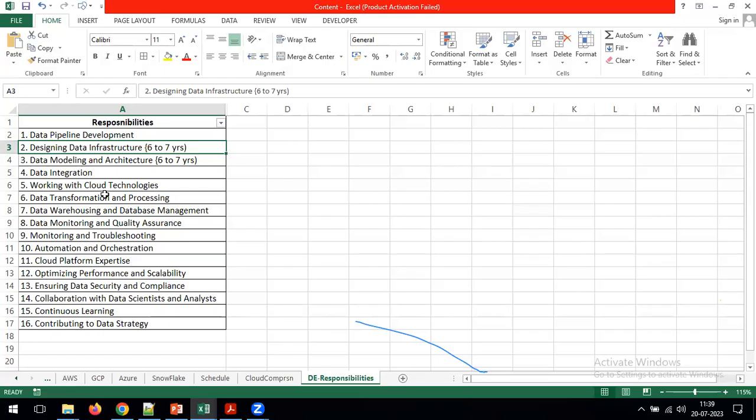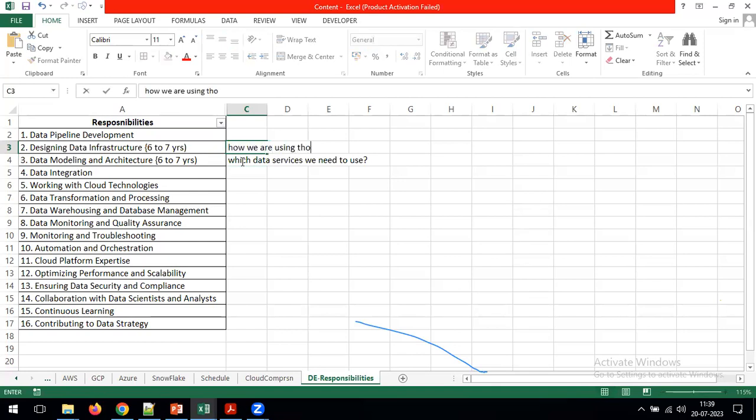What data services we need to use is a decision made by the data architect. How we are going to use those data services in our project is the activity we call designing, or preparing our pipelines, in real time.